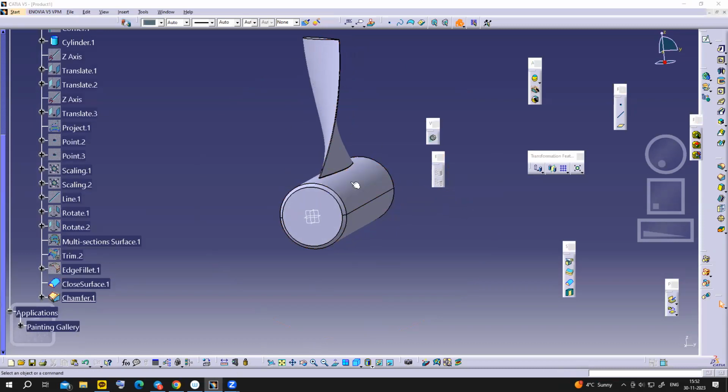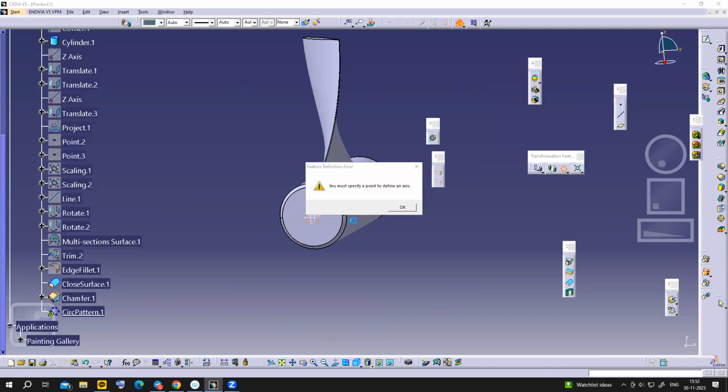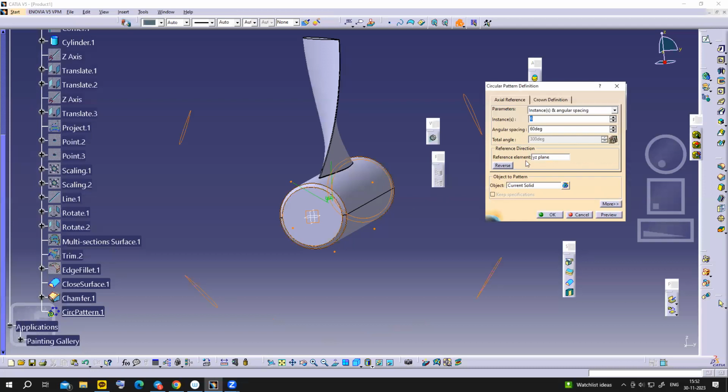so we have to make 6 of these blades, right? So I'm going to use circular pattern. Circular pattern, number of instances is 6. And if there are 6 blades, so angular spacing is 60, or if you don't know, 360 over 6. Okay. And reference element is what? X-axis, or you can choose this YZ plane, center of the YZ plane, or you can also choose X-axis. Okay, anything is okay here. Okay,